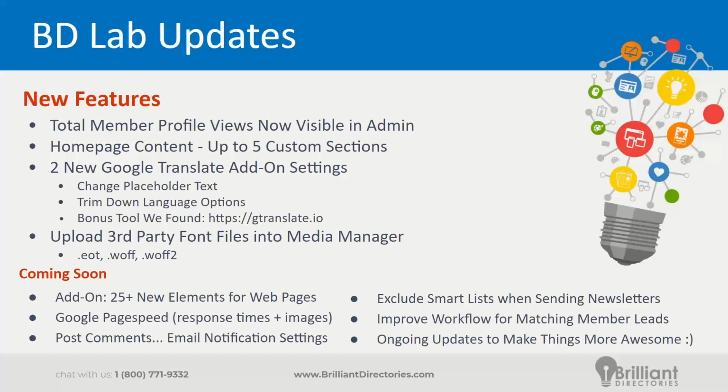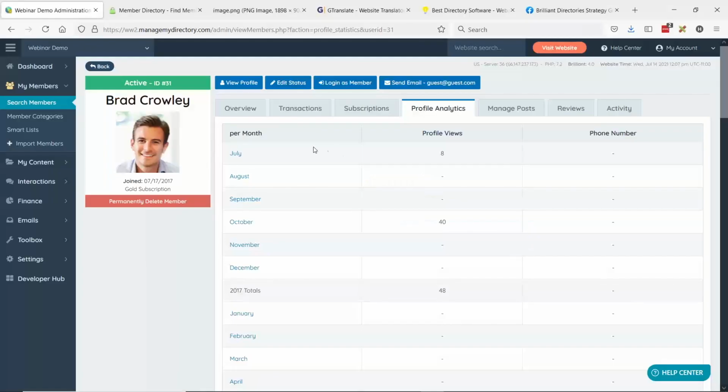However, the feedback that we received, although that was helpful, people did want to have additional custom sections available on their homepage. So maybe on your homepage, you have your blog articles and then some custom content, and then you want to stream your recent events, and then you want another piece of custom content on your homepage. You can now have that, and let me show you where you can edit that and what it would look like on your site. Of course, you would add your own custom content.